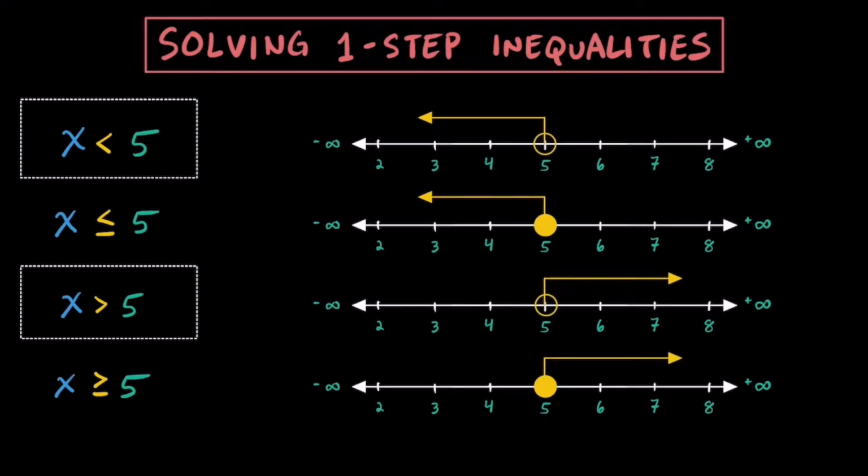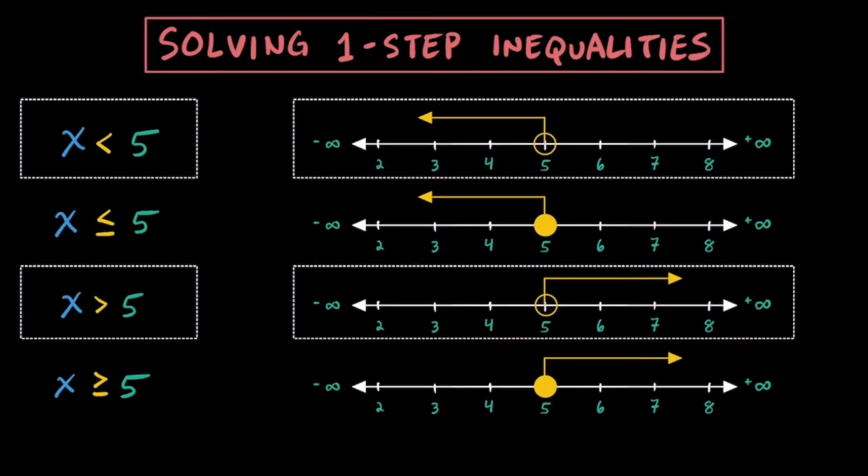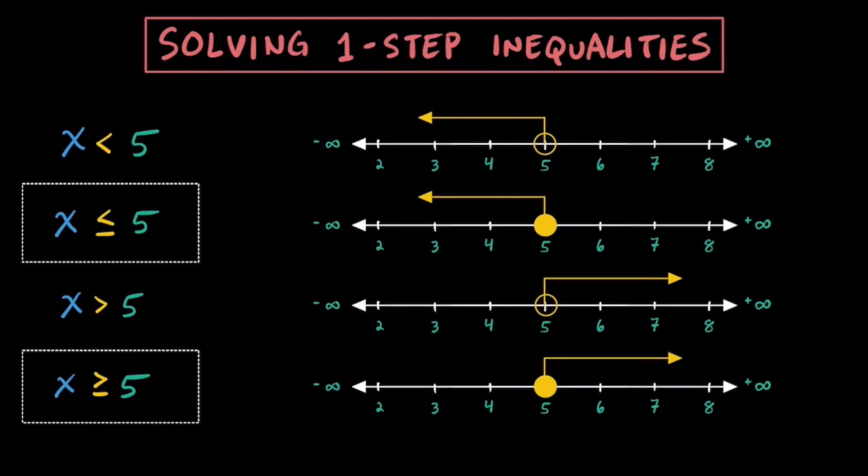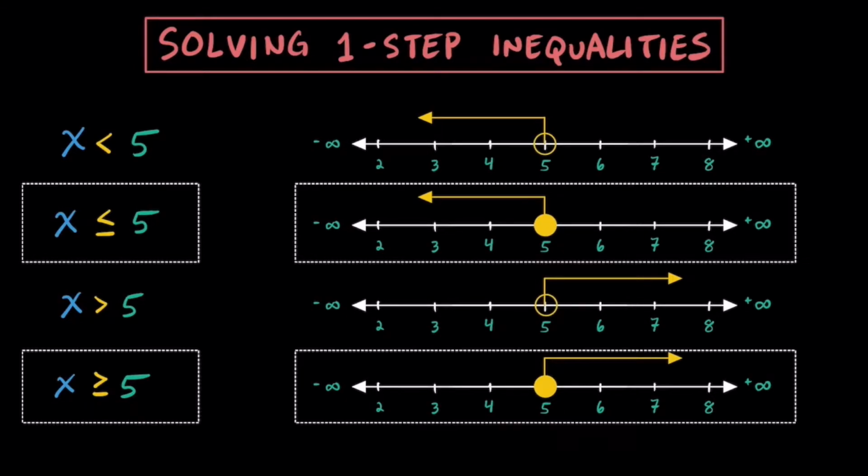Remember, when your solution inequality just has less than or greater than, you need to place an open circle on the given number and then draw the arrow in the direction with the solutions that make sense. And while those types of solutions have open circles, when you have inequalities that have less than or equal to or greater than or equal to, it's important to remember that we have a filled in circle or closed circle